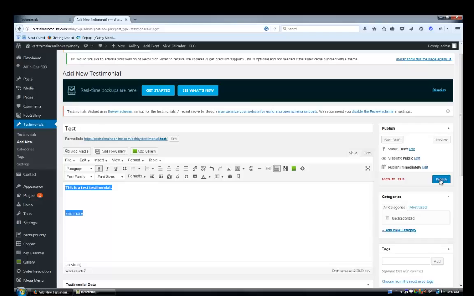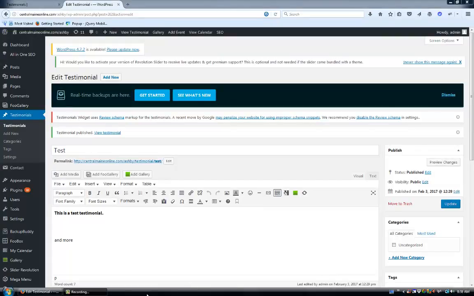But before I do, to make the next step easier, I'm going to highlight and copy this. So if you're a right clicker with your mouse, you can right click and copy. And I'll show you why. So we're going to publish this. Okay, now that you've copied the testimonial that you've typed into here, and you've already updated the page,